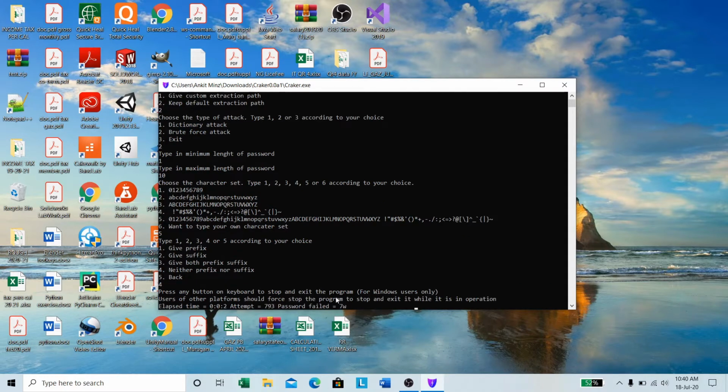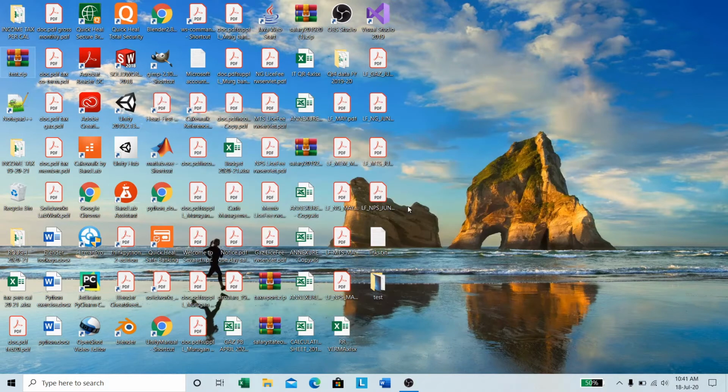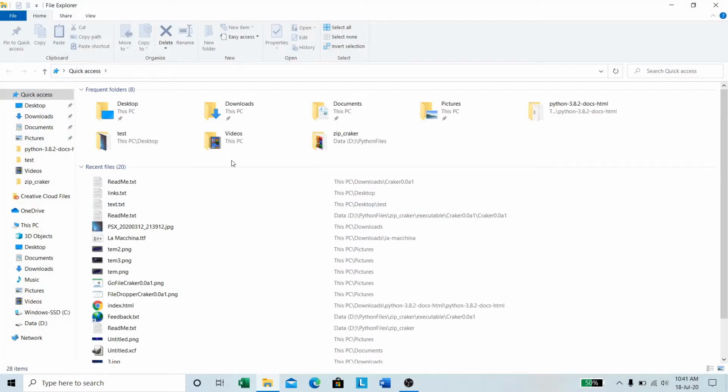Now here it starts. It will take quite a bit of time according to the length of your password and according to the attack and various options which you have chosen. Now here it is. Password found, 123. Process completed. Enter to exit the program. Now go to the folder wherever your application is.